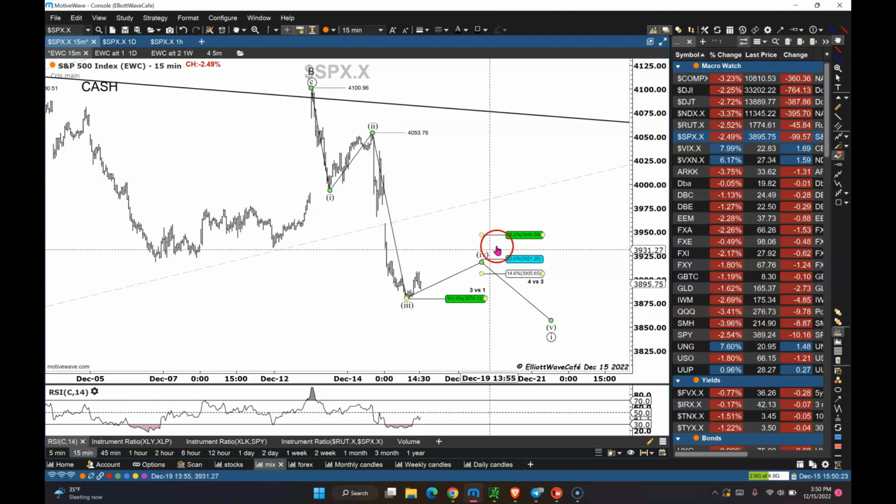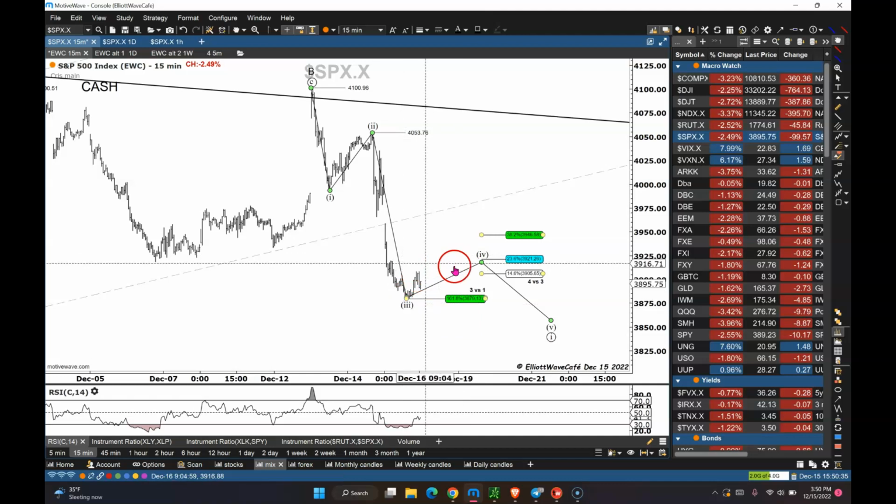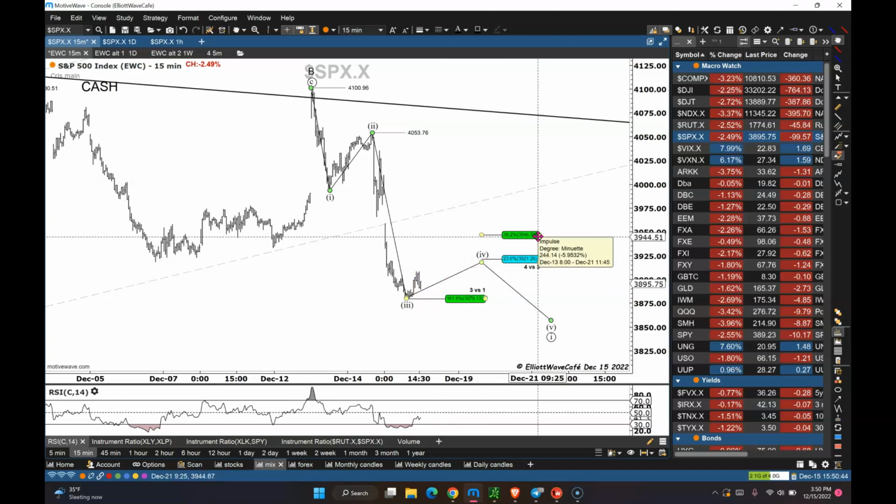But always what I watch is that alt 4, which is 4v3, not to surpass 39.46. For a triangle, usually you stay within 23% in this fourth wave of a larger third. For more of a zigzag or a double zigzag, a more directional move, you would get to 38% and no higher than that ideally.